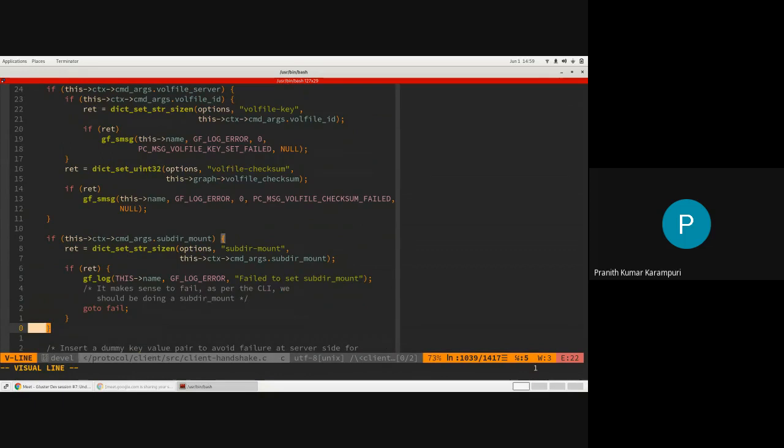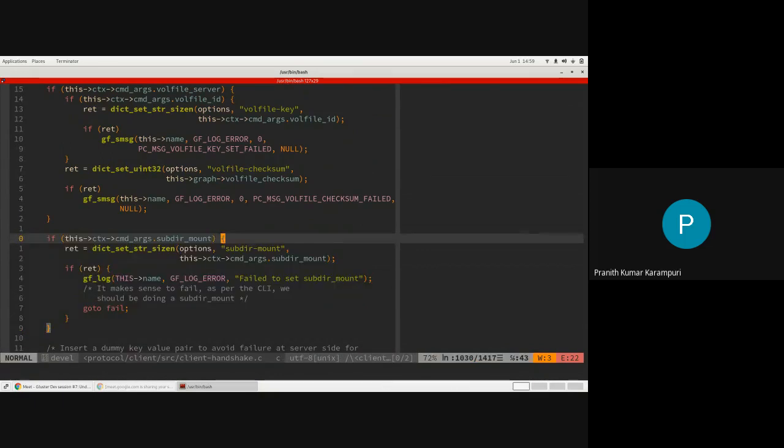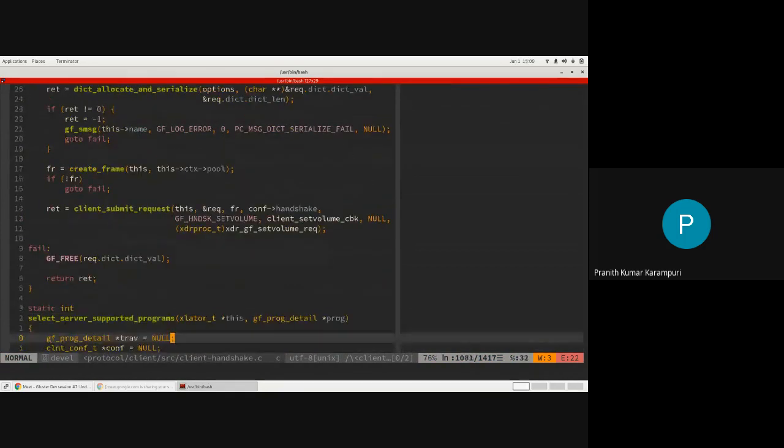There are some extra options like whether it's a subdirectory mount or not. Then eventually it will send a request to the server. We will look at what happens on the server for this one.